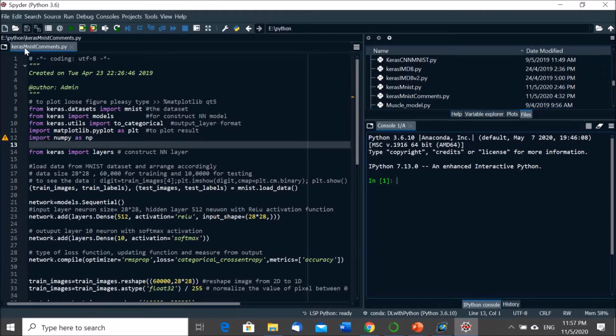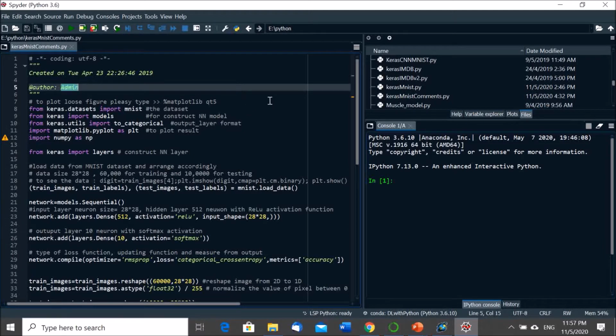Most of the code is here. So you can see this is the cross MNIST comments. So the code is here. When I want to save the output, I just put the save command and then it will be saved in this directory in Python. So for the code,